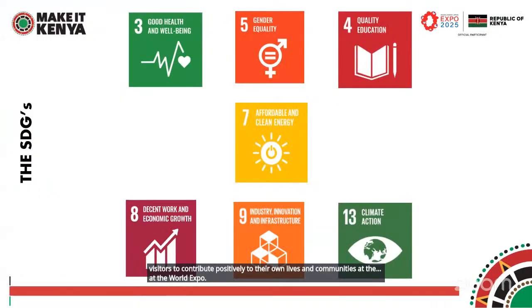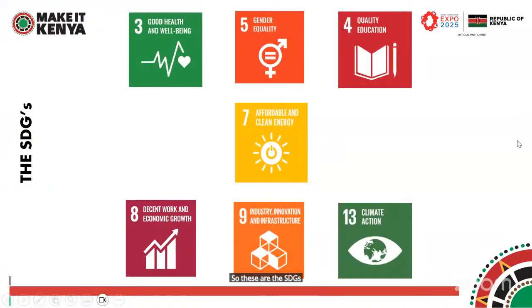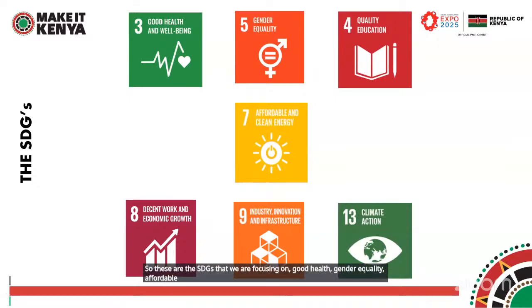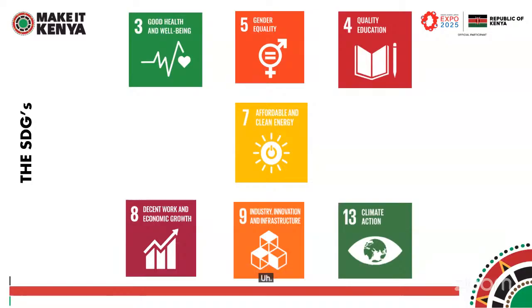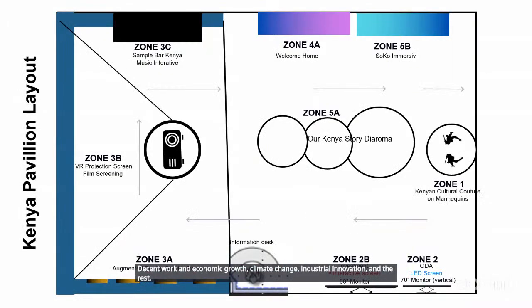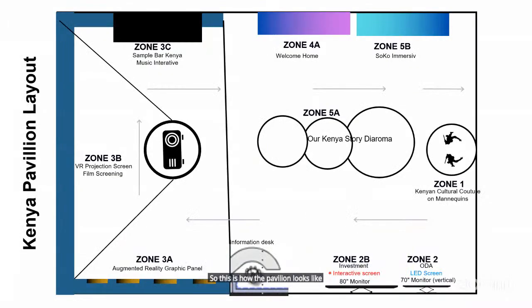So these are the SDGs that we are focusing on: good health, gender equality, affordable clean energy, decent work and economic growth, climate change, industry and innovation, and the rest. So this is how the pavilion looks. It's a very small pavilion. It's 53 square meters. And so you can see the space itself is so tiny, and therefore we are